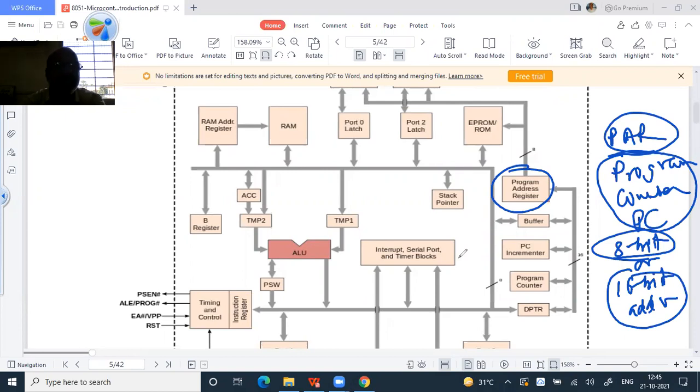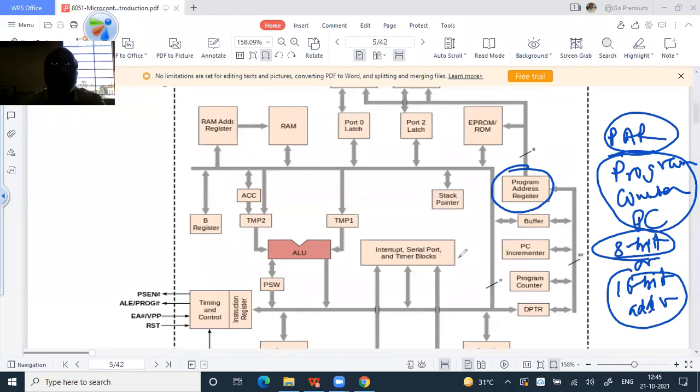So system bus is nothing but address, data, and control bus. All these three buses you have to connect to the microcontroller chip. Only then you can access the data from the memory, access the data from the ports, send the data to the timers, and receive the data from the serial port. Whatever data transfer you want to do, you can perform it